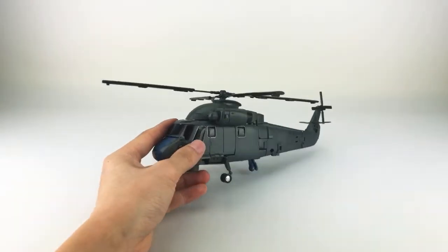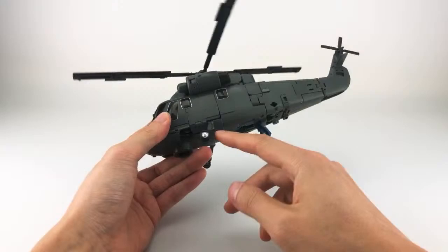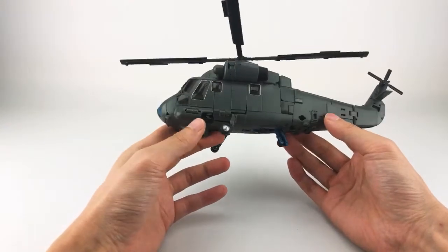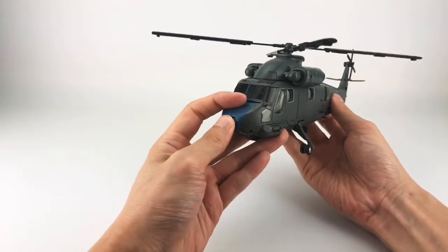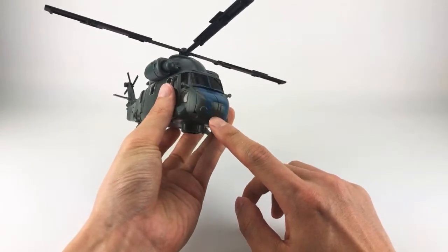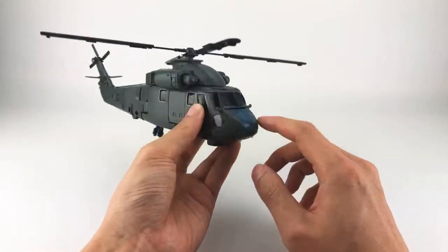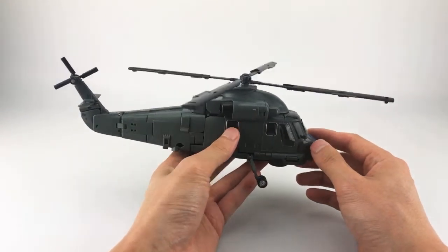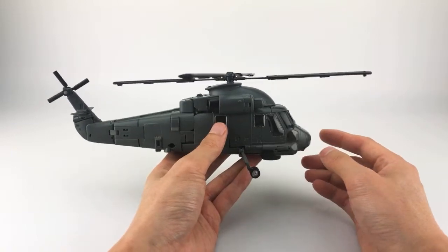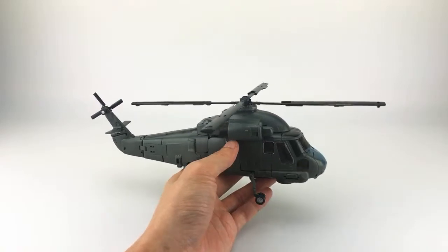So that's really it for his alt mode. He does have articulation here and what we talked about before, but otherwise just a really nice looking alt mode with nice paint here. I'm kind of curious if this is supposed to have paint, but it doesn't. It looks kind of off, but that's the only thing I can think of that looks a little bit off on this. So we're gonna go actually into robot mode and then finish off in